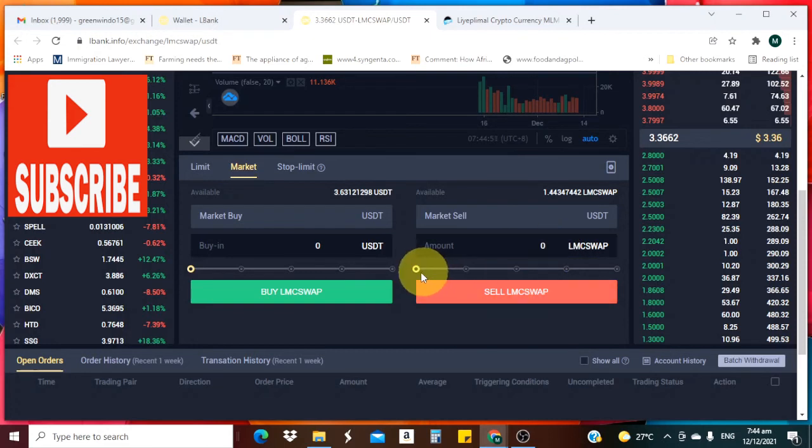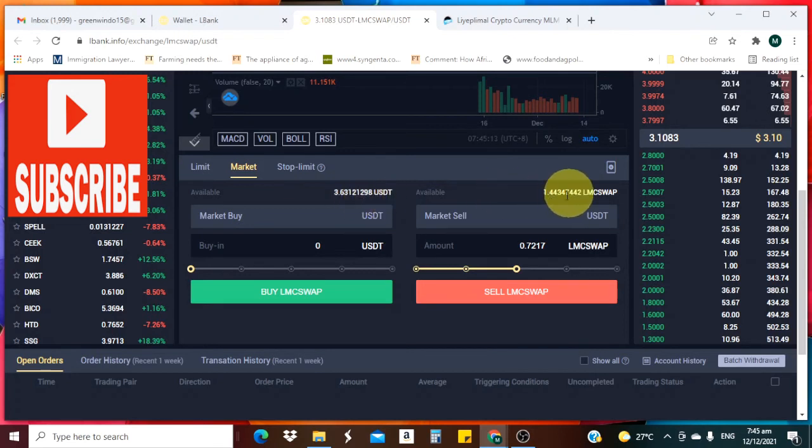Then we adjust the number of Limo coin. If we want to sell, you set the amount of Limo coin you want to sell, because you have the Limo coin and want to change it to USDT. Say this is 50%, half of my available Limo coin. This is the quantity I have available, and this is the value.